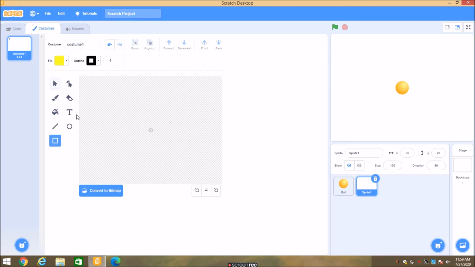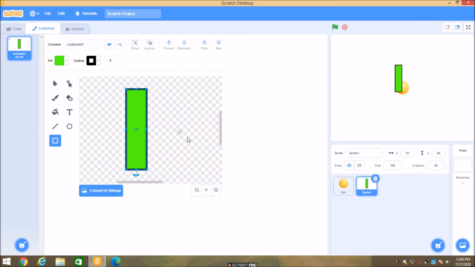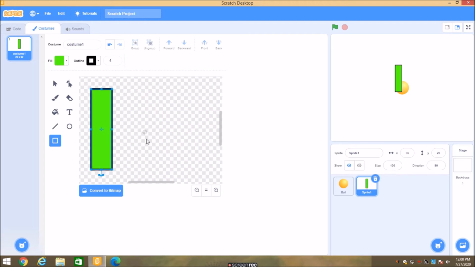Okay, so now I'll create my own paddle. I'll select the color green, increase the size, and now I'll paint one paddle like this. Okay, it is a bit big. Yes, now it is looking good. And remember one thing, this cross sign which you are seeing on the shape when it is selected shows the middle point of the screen. And here you can see this point, it is the middle of your screen.